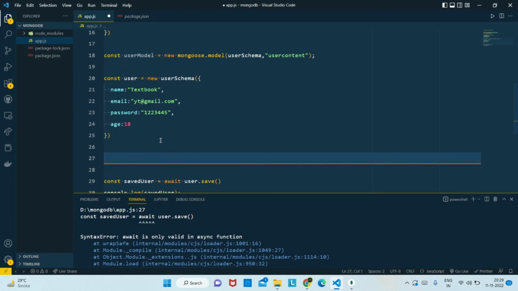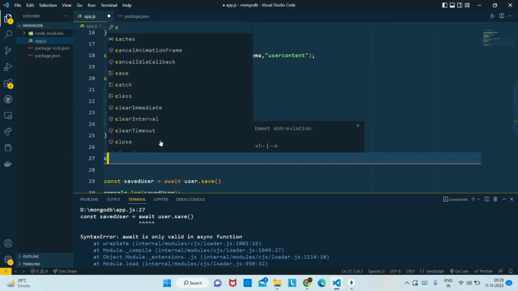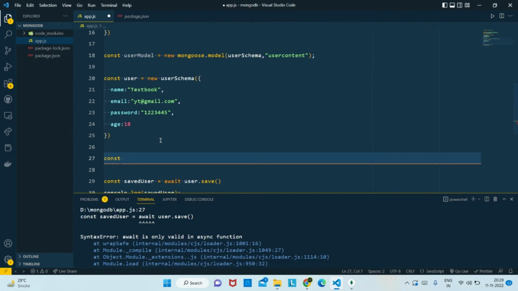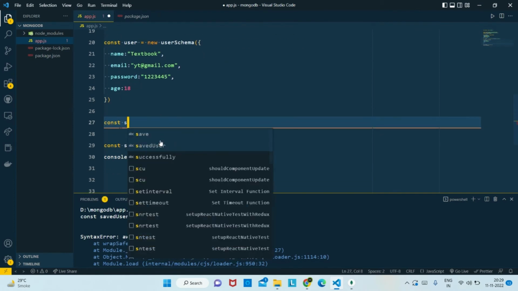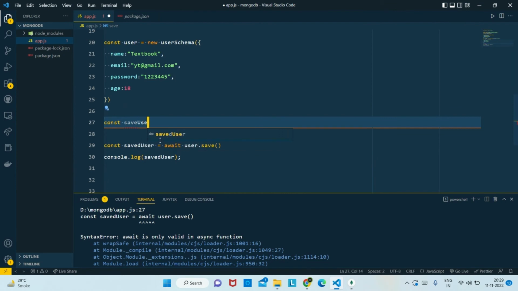Okay, what can we call that function? Const, we are using an arrow function. Save user or create user. Create, just use the create function. Okay, sorry, we are using an arrow function here,